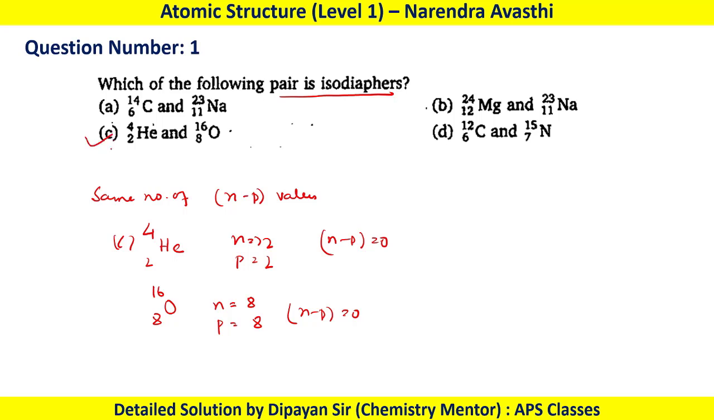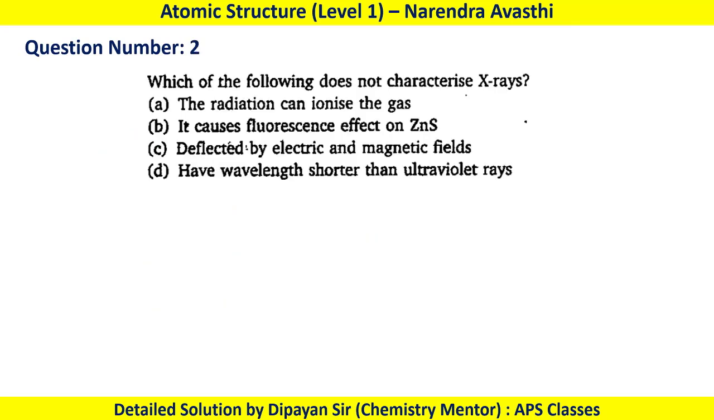and oxygen. In question number 2, which of the following is not a characteristic of X-rays? Okay, so X-rays can ionize the gas, this is correct. It causes a fluorescence effect on ZnS, this is also correct. Deflected by electric and magnetic field, this is not correct because it will travel perpendicular to both electric and magnetic field, so it cannot be deflected by electric and magnetic field. And having wavelength shorter than ultraviolet rays, this is also correct. So for question number 2 we have to find the one that is not a characteristic, that's why option C